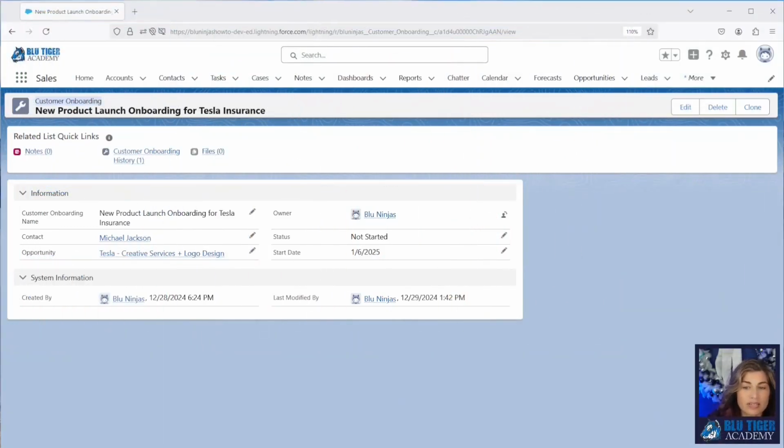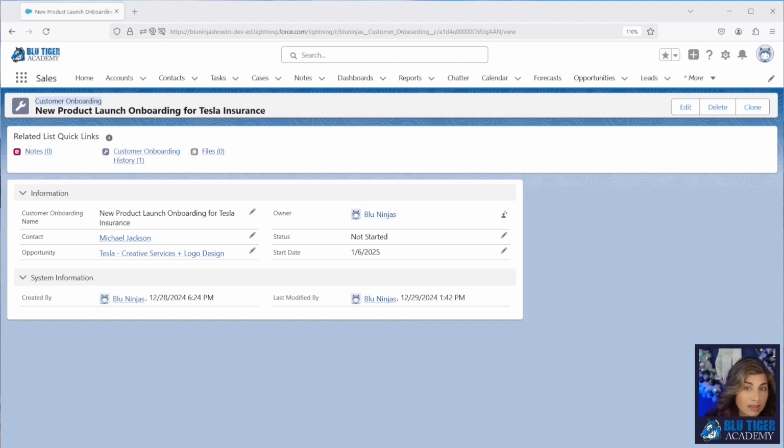Here we are in Salesforce and we're on a custom object record. This custom object is called Customer Onboarding, and we use it to manage the onboarding of our customers that are going to start using our services. Now we have an addendum that we send out that they need to acknowledge the project start date and the details that are going to happen within the first couple weeks of the project. Now the teams need the flexibility to be able to upload the document because sometimes they're in different formats. They may be in a PowerPoint or a Word doc or a PDF, and they don't really pre-populate any of these documents with data from Salesforce. So we're going to give them a custom button that gives them this flexibility.